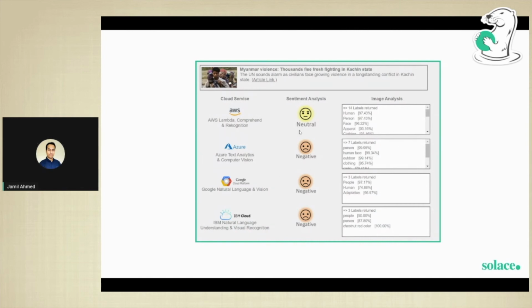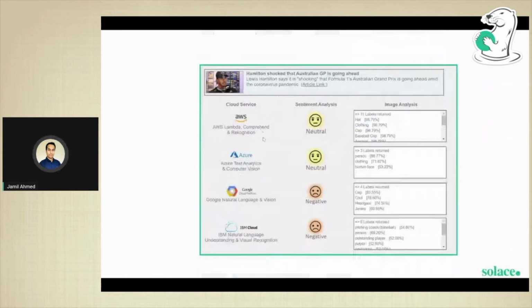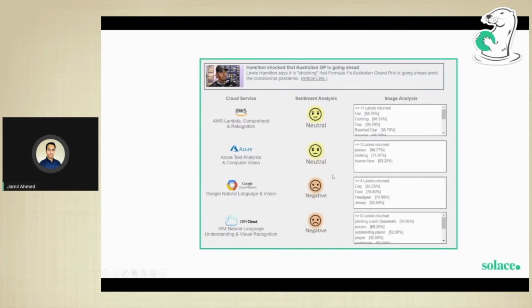So this is at the heart of this demo. As far as the app goes, it's basically a JavaScript application doing messaging, and then we've got the Solace event broker taking a request message, doing the HTTP translation to do a post to each of these different REST service endpoints from these cloud providers. There's actually two each, so eight requests go out in total, and then they come back to show you the results. And this is another one where,